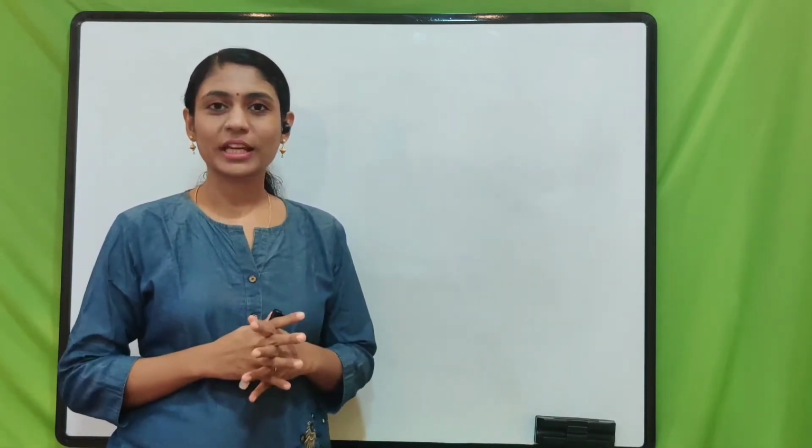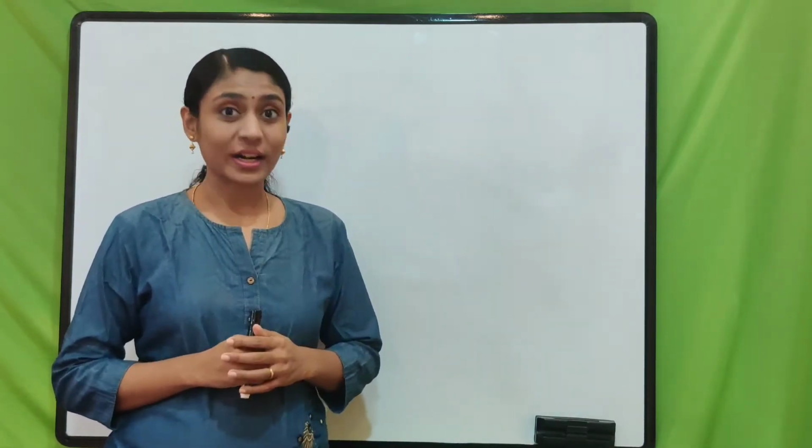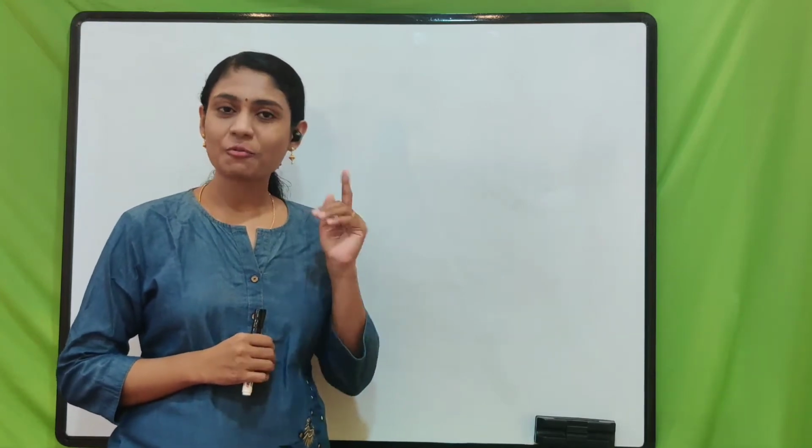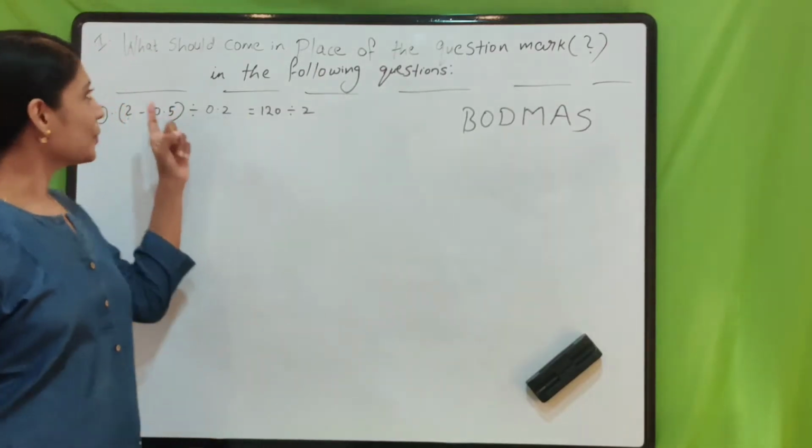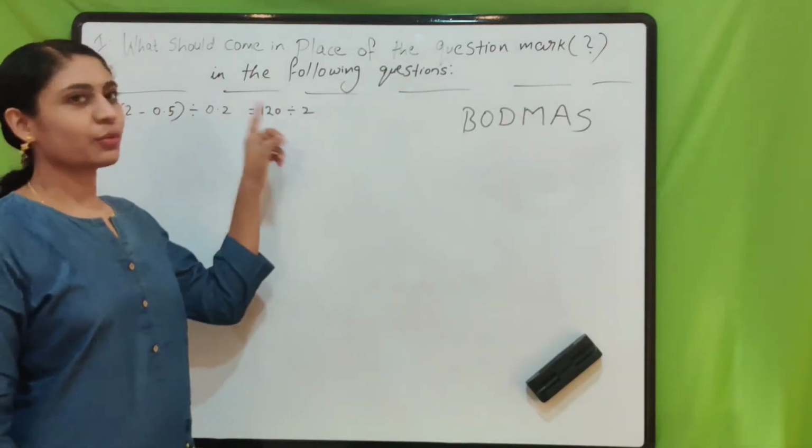In today's video, we can discuss some of the questions of the quantitative aptitude section which have been asked in the last years, that is IBPS RRB 2019 Office Assistant Prelims. So shall we start the class? Okay, so I hope you can see the question. What should come in place of the question mark in the following questions?